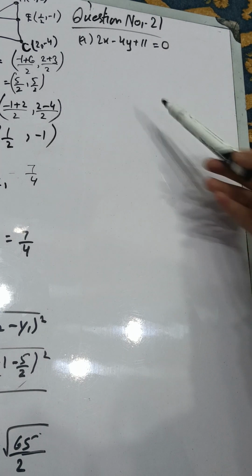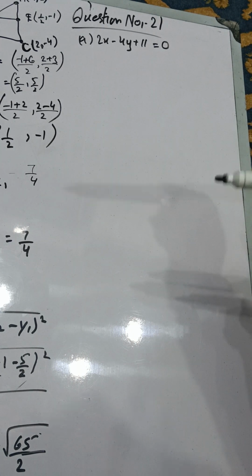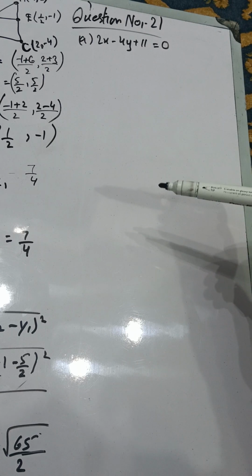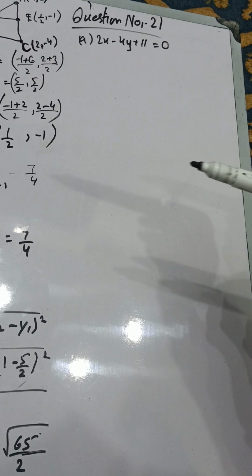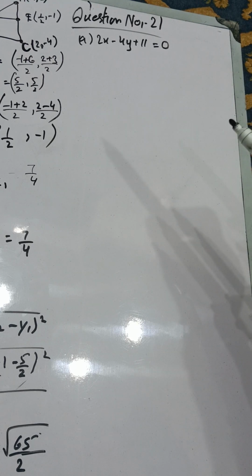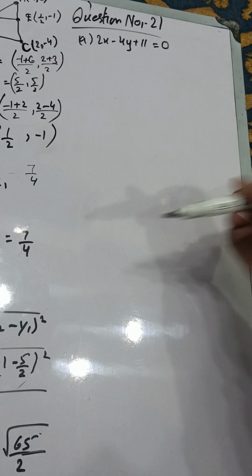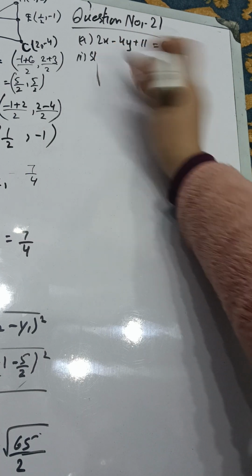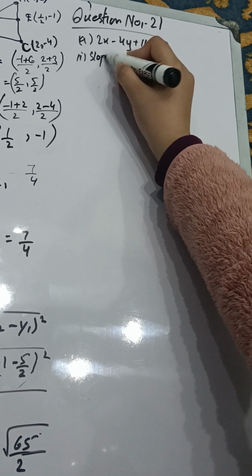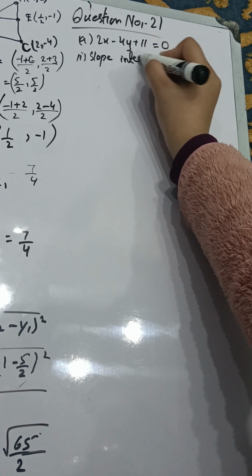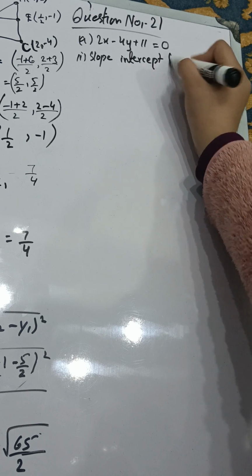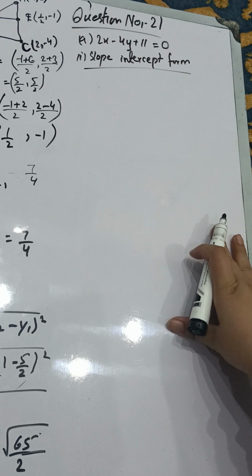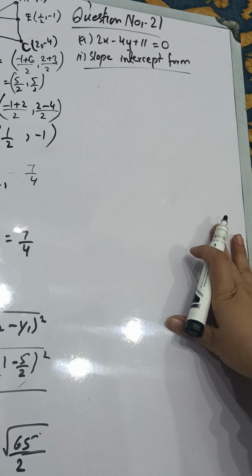आपको ए पार्ट, बी पार्ट, सी पार्ट दिए हुए हैं और उन हर पार्ट में आपने स्लोप इंटरसेप्ट फॉर्म भी फाइंड आउट करना है, नॉर्मल फॉर्म भी फाइंड आउट करना है और टू इंटरसेप्ट फॉर्म भी आपने फाइंड आउट करना है। सो सबसे पहले इस क्वेश्चन में हम स्लोप इंटरसेप्ट फॉर्म को फाइंड आउट करते हैं। ठीक है, सो अब आप लोग देखें कि इसका आंसर क्या आता है।